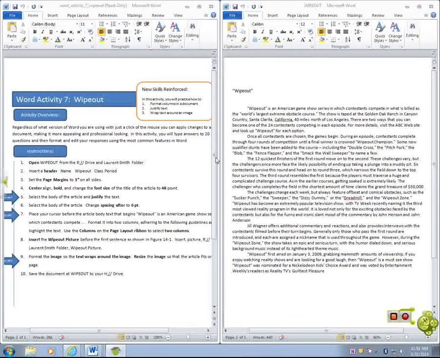Okay, Word Activity 7 and 8. Word Activity 7 is going to cover creating columns, justifying your text, which we don't use a whole lot, and inserting the image and wrapping around the